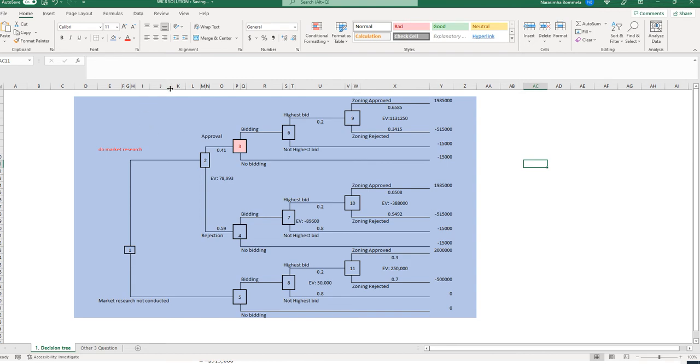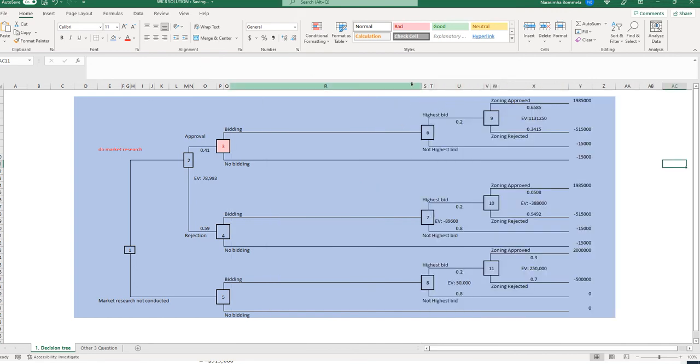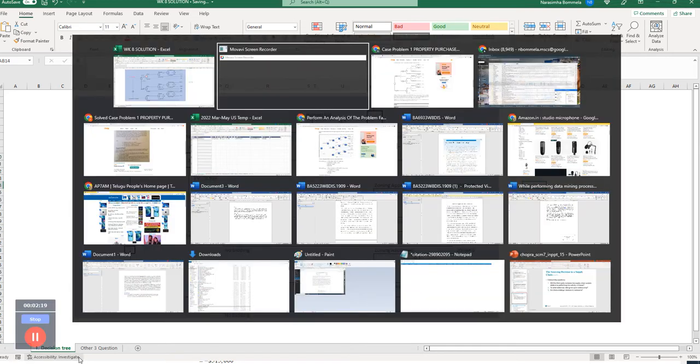You can change the length of the sheets, you can increase or decrease. Make sure that you make some differences to this graph, because nearly 30 people will be working on this task, so I want everybody's decision tree to be unique. So do needful changes according to your requirement. Then